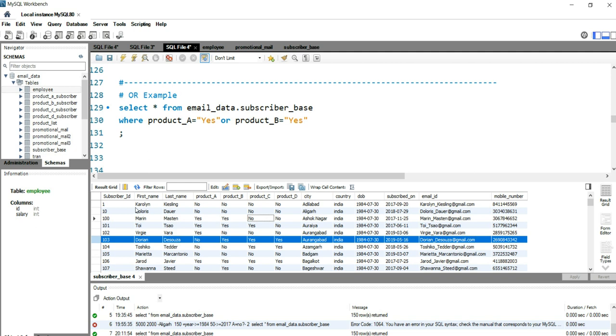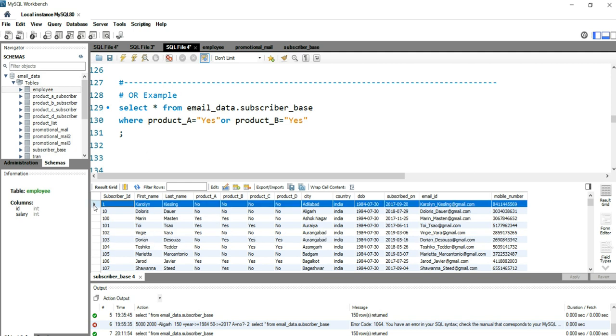Similarly, if we see this row number 1, right, this person has not taken product A as well as product B, so this will not be in our result set. Let's run this query and see what our result set is here.